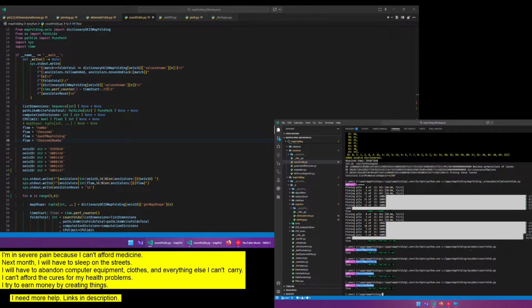It's faster. So I have, holy fuck, I just really just said it. I have created a new algorithm that is just as fast as Lunnon's multidimensional map folding. That's pretty fucking crazy,